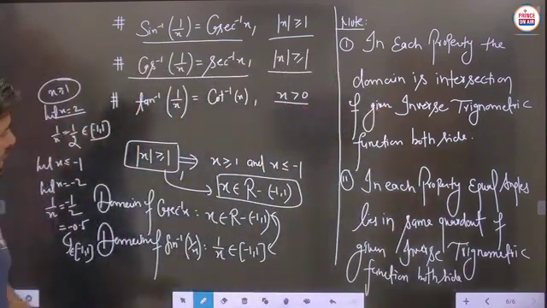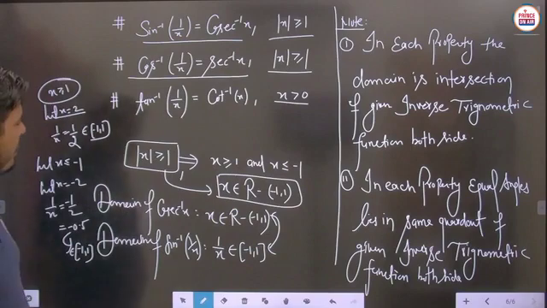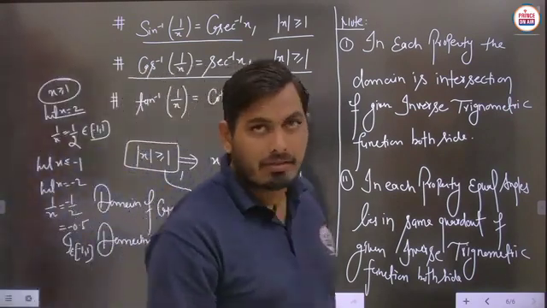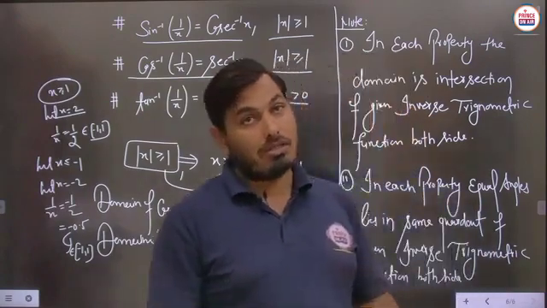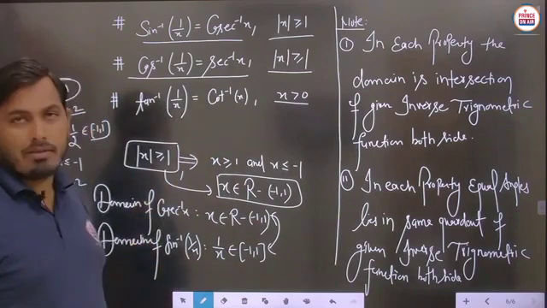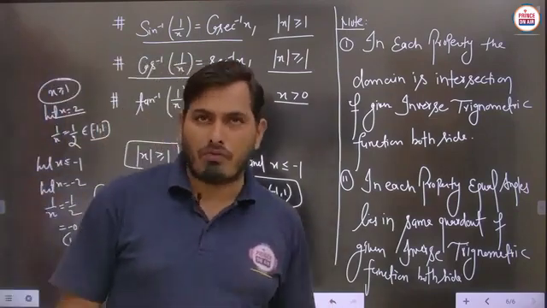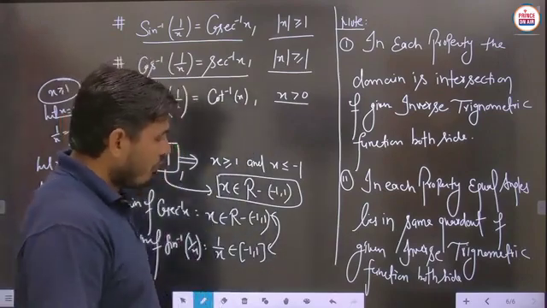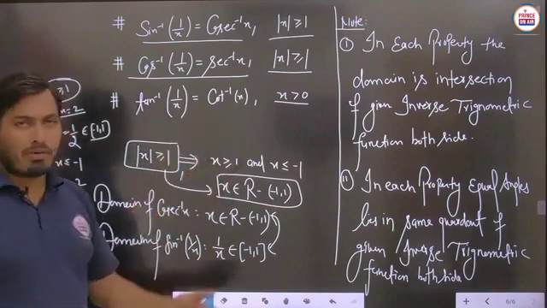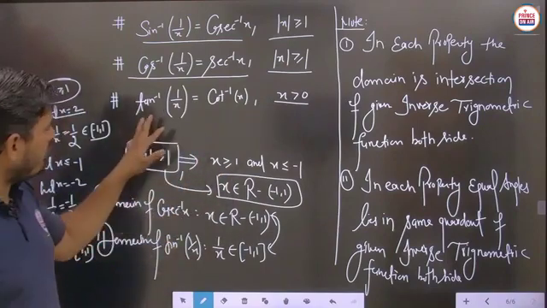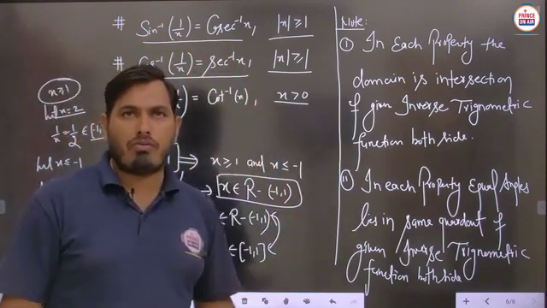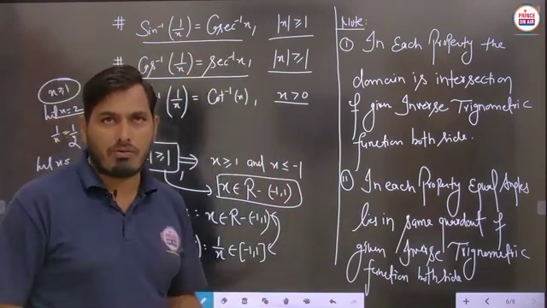Now the third and important part we have to take here: tan inverse of 1 upon x equals cot inverse of x, and we are saying that x is only greater than 0. In this situation, you know very well about the domain of this part. The domain of this part is the set of real numbers. I think each and every student knows this very well. So we will take the explanation of x greater than 0 on the next slide. But before that, pause the video to note these things down. Now we will understand this thing, and we will also prove how sine inverse of 1 upon x is obtained as cosec inverse of 1 upon x.